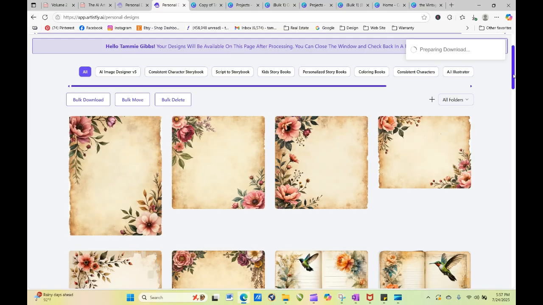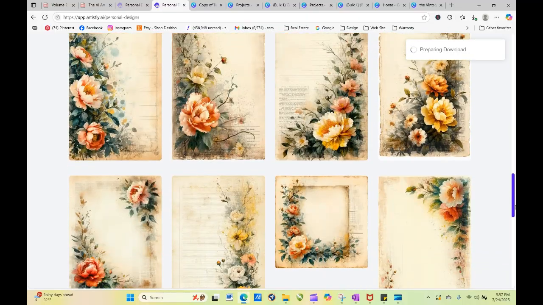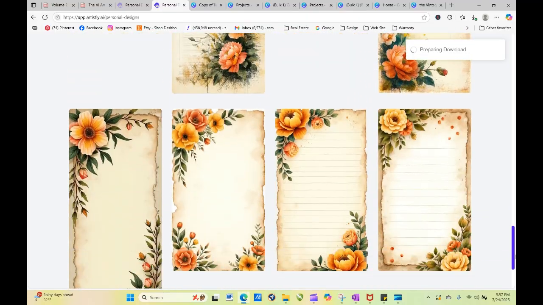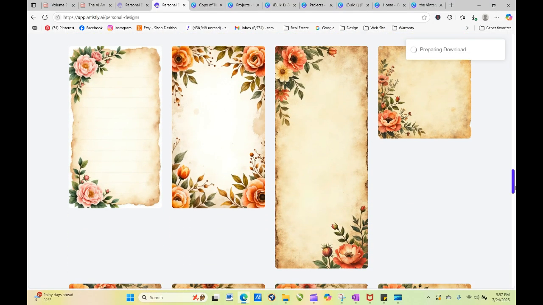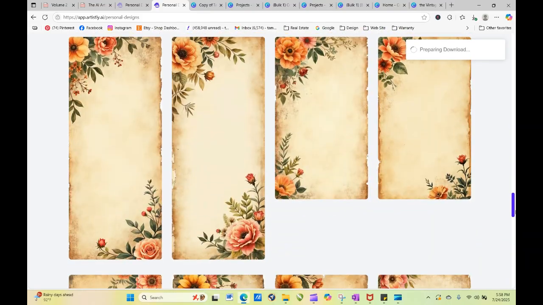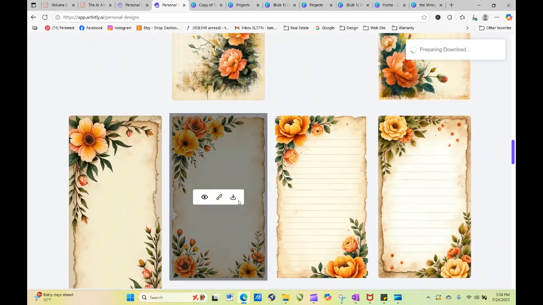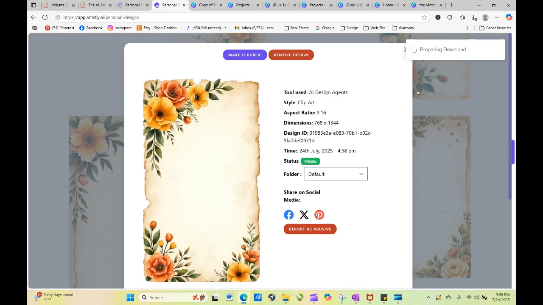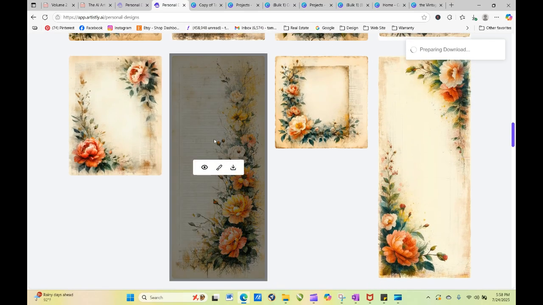Okay, so now let's go back to our junk journal theme, and let's look at what I did and go from there. Okay, so then I decided I wanted to change up the colors and go with basically the same floral kind of element, but I wanted to do this more